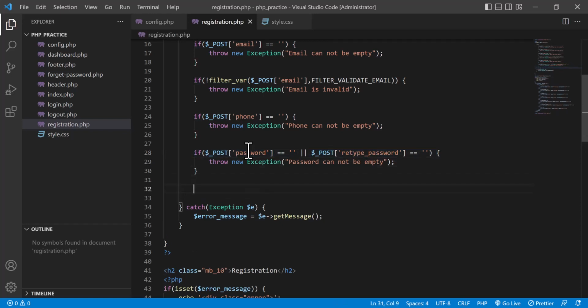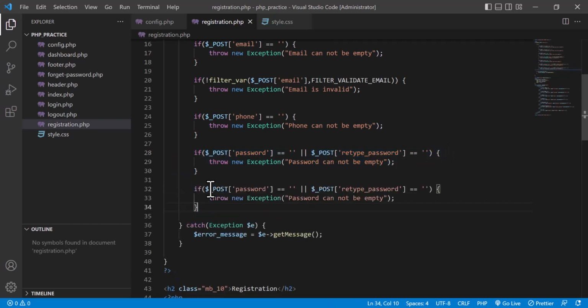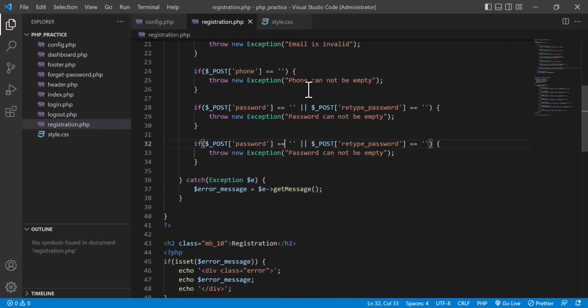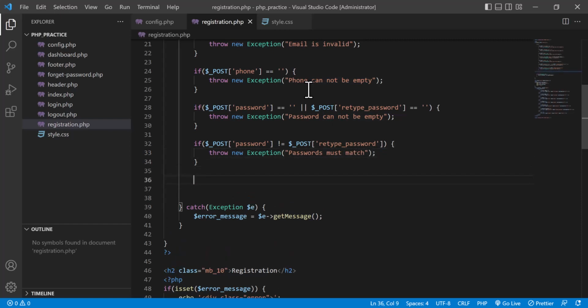And then after that I am going to check if the post of password does not equal the post of retype password, because those two passwords must be the same. So here I will say the passwords must match. If everything is okay, I am going to give a success message equal to